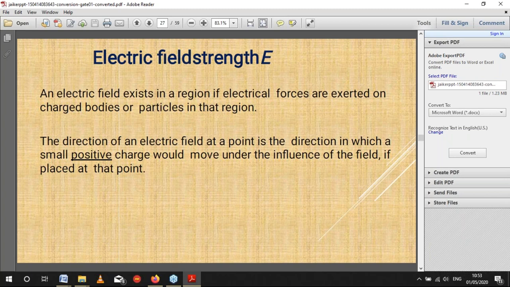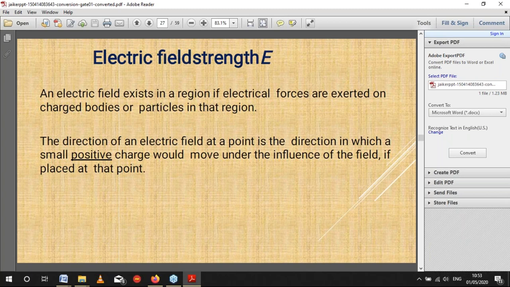The potential at any point is therefore equal to the average potential, the size of which is V over D. Therefore, the electric field strength E is given by E = V/D. That is the formula for the electric field strength.